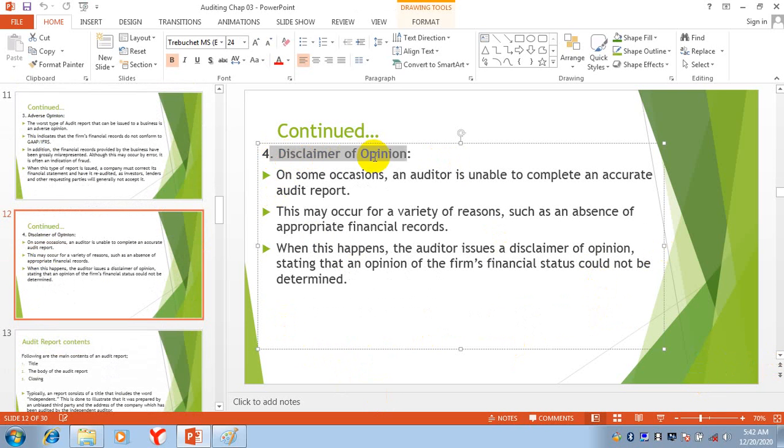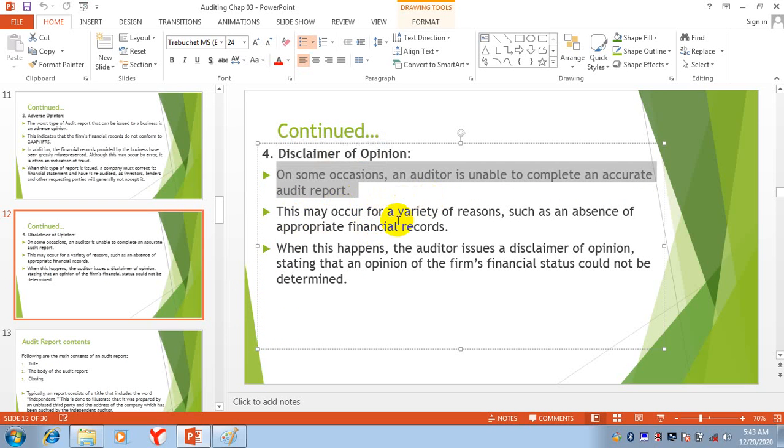And the last type of opinion is called disclaimer of opinion. What does it mean? On some occasion, an auditor is unable to complete an accurate audit report. The auditor is unable to give his opinion. There will be some reason behind this.